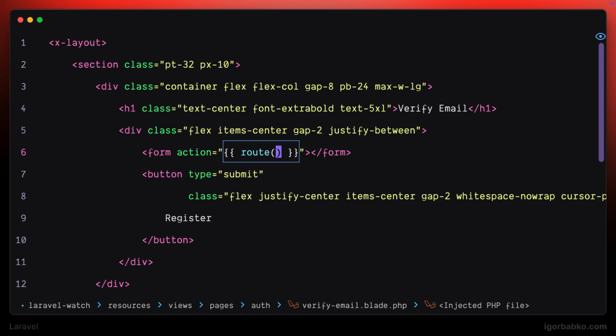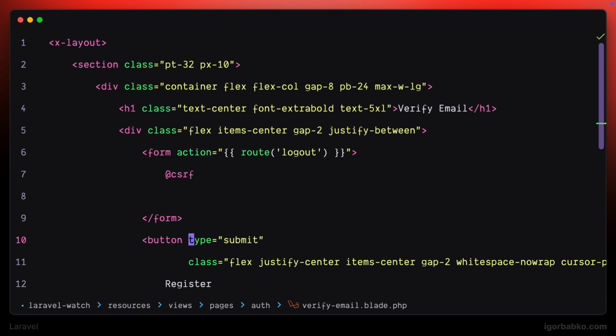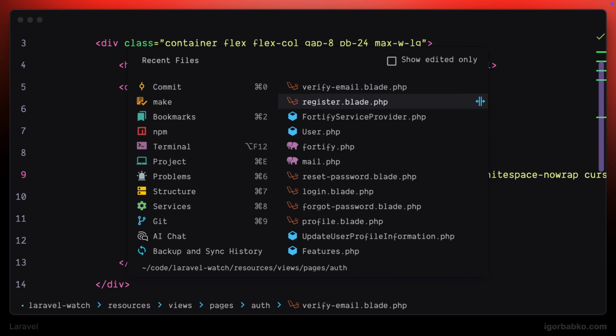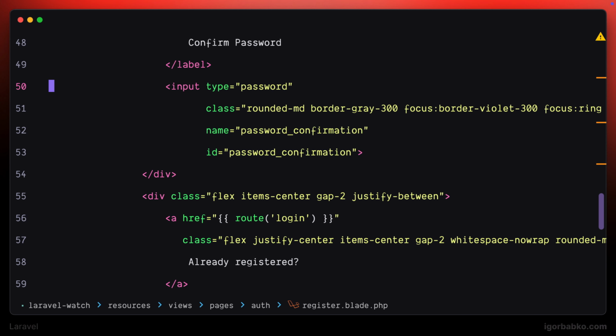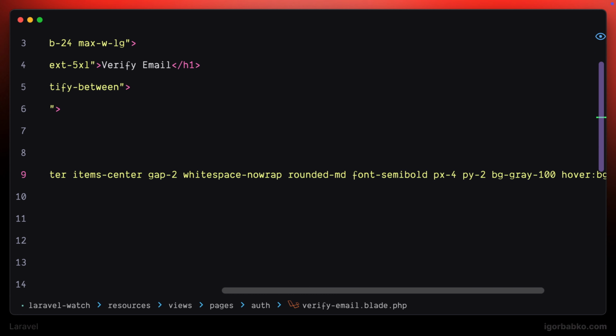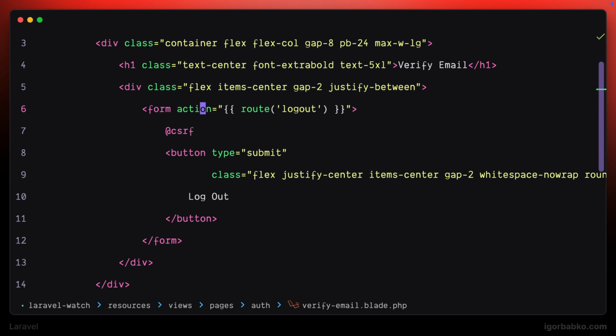Into this form, let's not forget to also include the CSRF token. Change the button label to Logout. I'm also going to apply proper CSS classes to this button and take them from another view, and paste them onto this button. And now we're gonna create another button in here that will be responsible for sending another verification